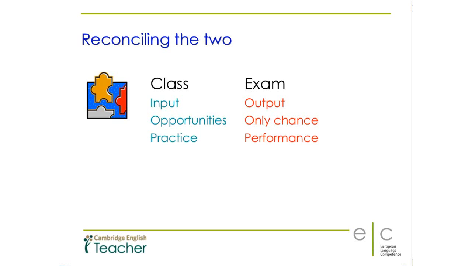The classroom is a place where learners can practice. They can practice and make mistakes. They rehearse for real life or for exams, and the exam is the performance. So connected as well to the only chance, where the learners can show what they can do, and up to that point they have to have learnt to do it.